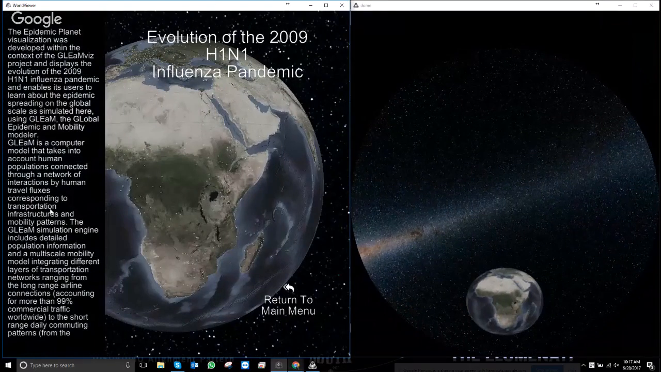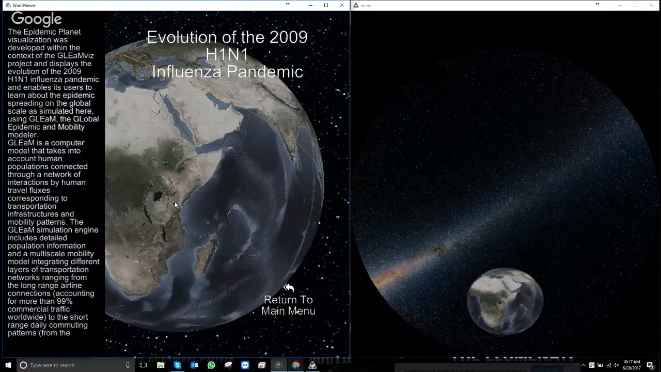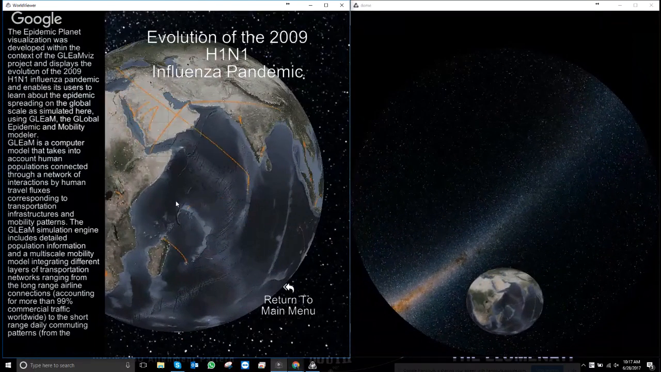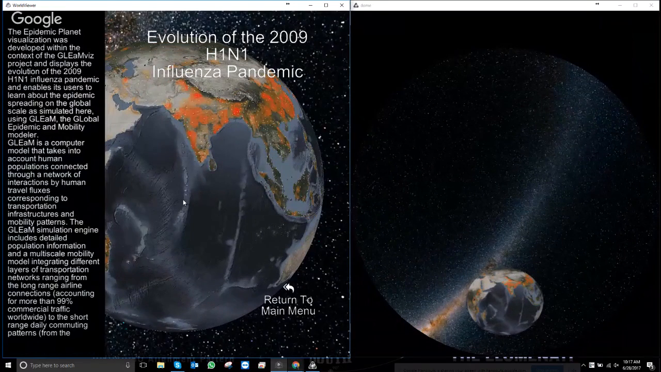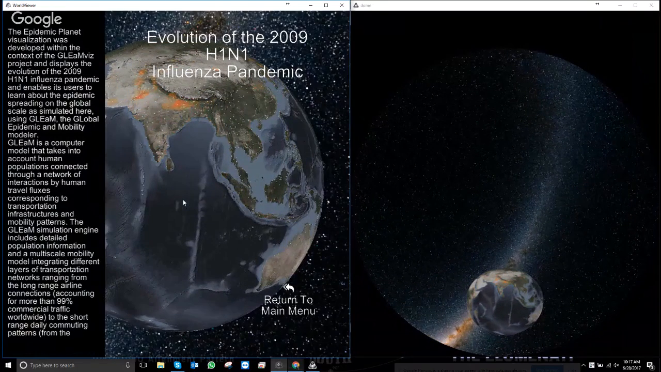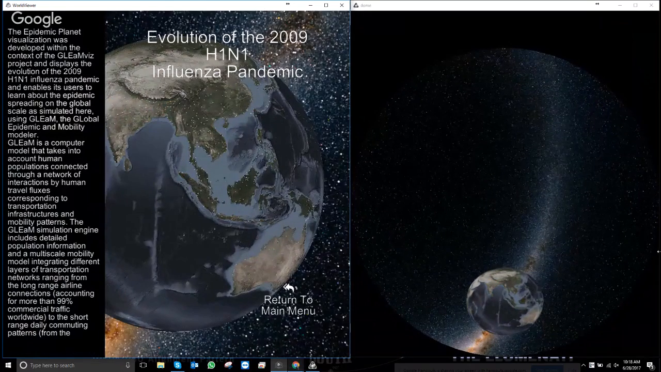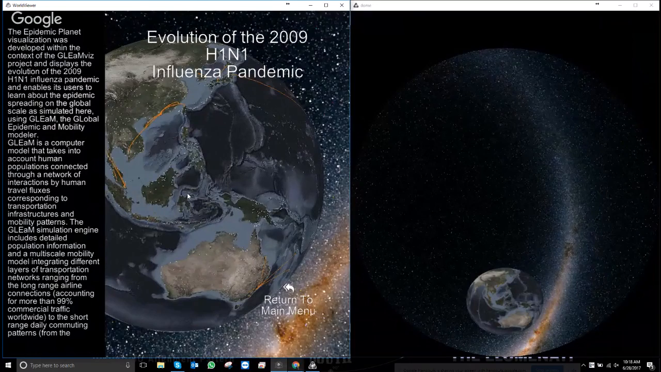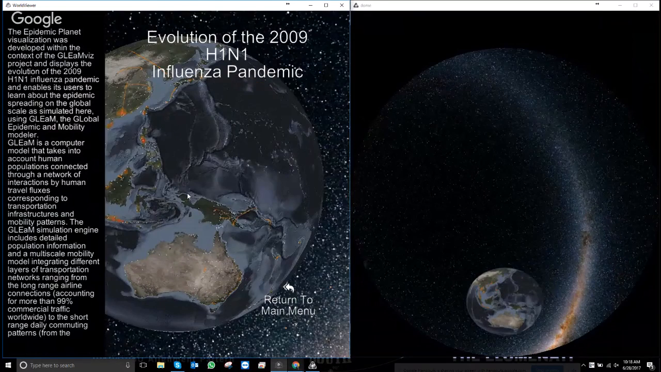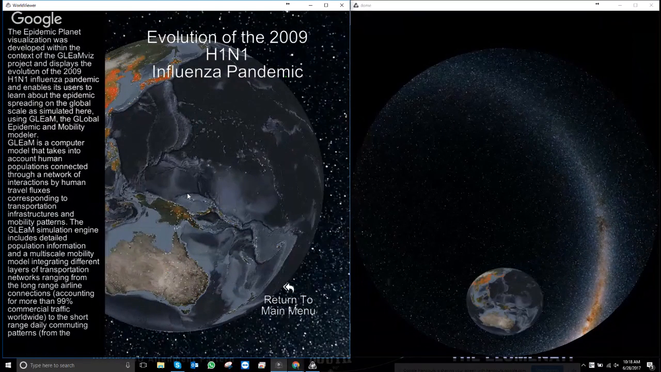What I've built here is the evolution of the H1N1 influenza pandemic. And so this is something that will be inside your file, but it's an Earth overlay. It's a little bit hard to see on the training file, but it actually has some image sequencing going on,